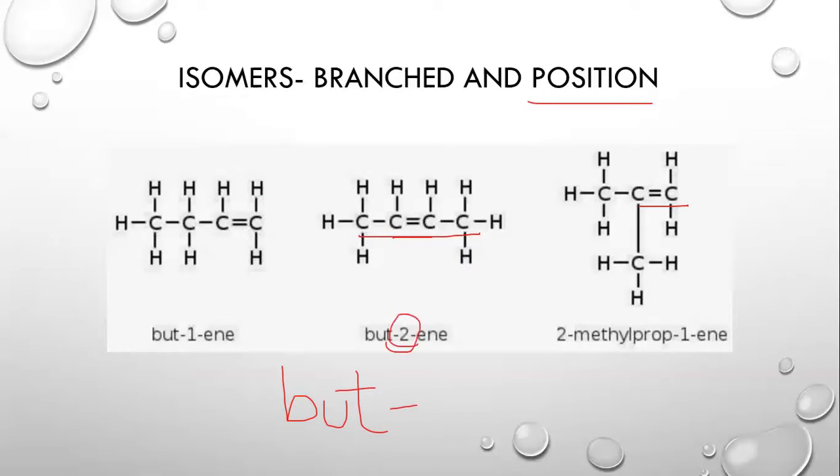Then we are going to determine this number. How are we going to determine it? We are going to number the carbon chain from either left to right or right to left. Now that the functional group is in between, in the middle, we can number from either of the two directions, and we are going to number it, let's say, from left to right. So the double bond comes between 2 and 3, and as it comes between 2 and 3, we choose the smaller number of 2 and 3. 2 is the smaller number, so it comes over here. And then we have "ene" as the suffix. That's how you name it.